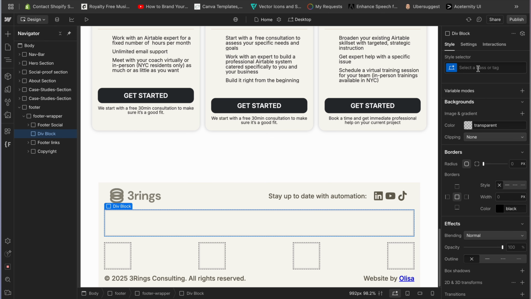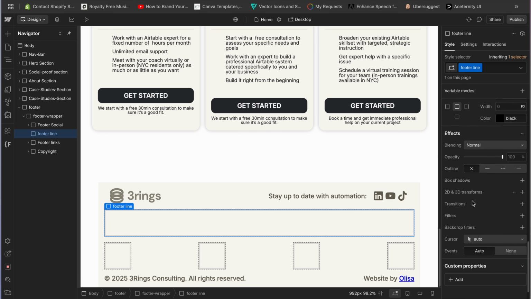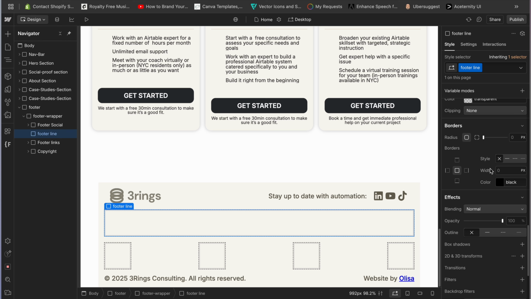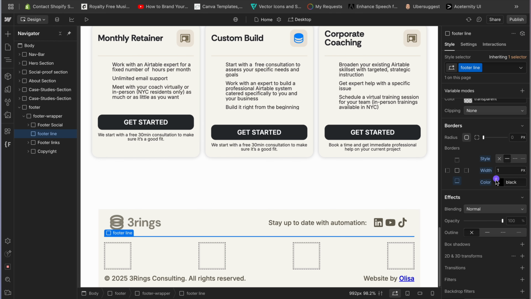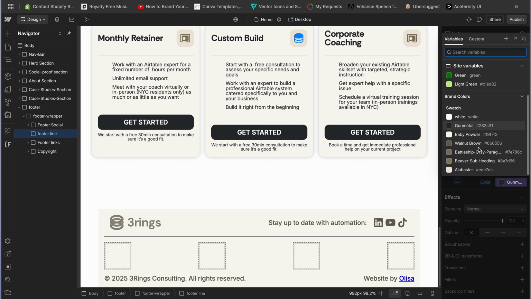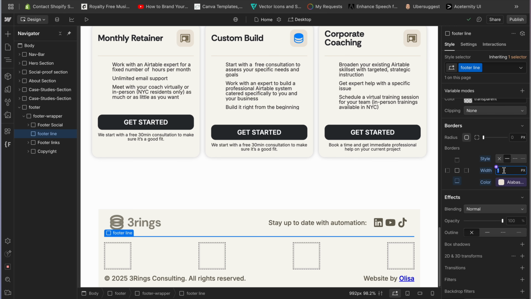So this new div block, I'm going to name it footer line, and then I'm going to scroll all the way down to borders, give it a down border. So first of all, select down this particular one and then give it a line. Now we can see that we have a line here, and then we're going to change the line color to alabaster, and we're going to give it a width of